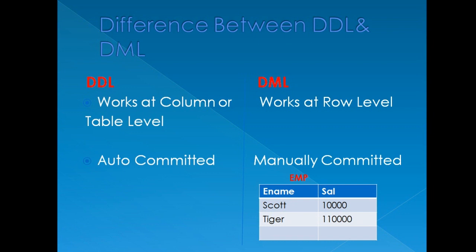You know why DMLs are manually committed and DDLs are auto committed? Because whenever you are firing any DDL command, it's actually accessing the hard disk, whereas whenever you're firing a DML command, it's in RAM. So whatever action you perform with the help of a DDL command will be permanent. It will be auto committed. Whereas whatever action you perform with a DML command, you have to save it or commit it. So guys, the difference between DDL and DML is most important, and I'm 100% sure that in interviews they're going to ask you these questions.